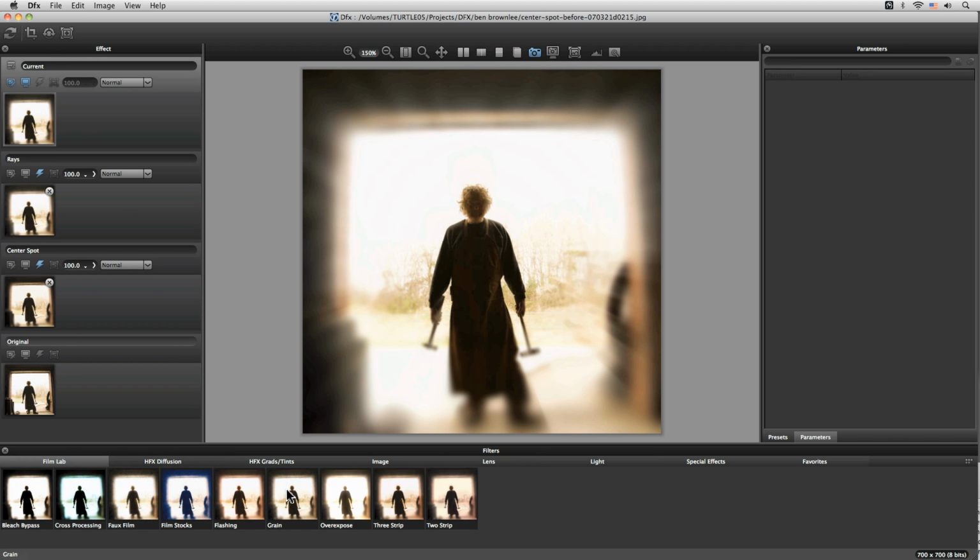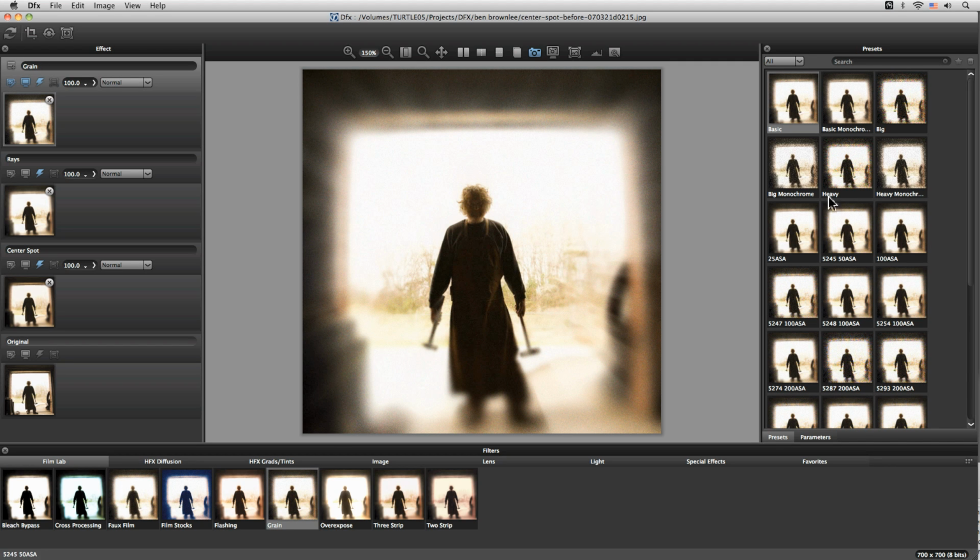here, come into my Film Labs, and I'm just going to add some grain. We've got a load of different choices we can add, but I think I'm going to go with something fairly subtle. I'm going to go with the 5245, 50 ASA, and that's just making that all hang together a little bit better. Now DFX has got some great compare tools, so we can come in and start to see